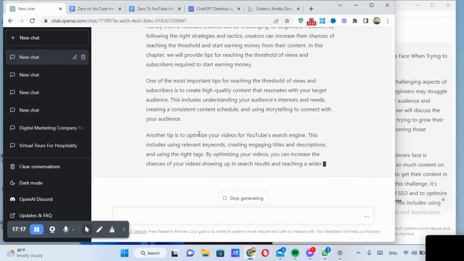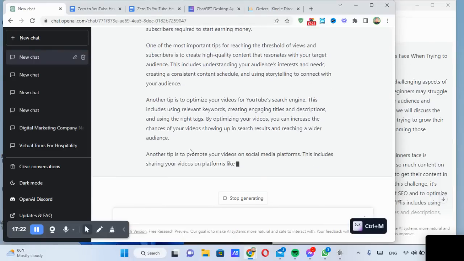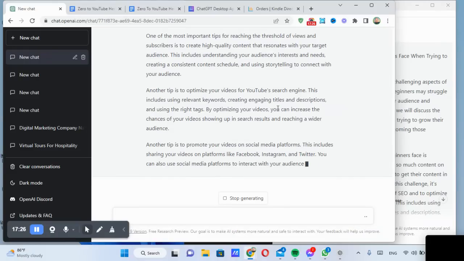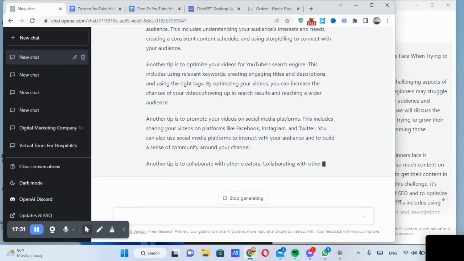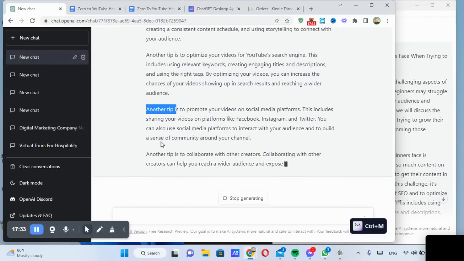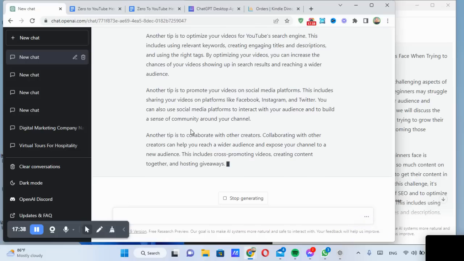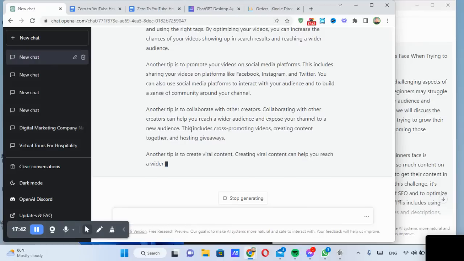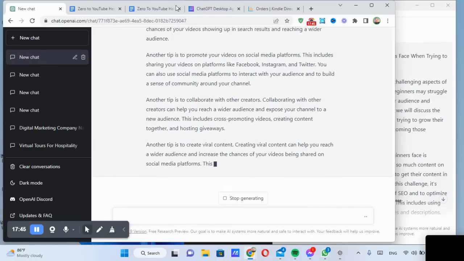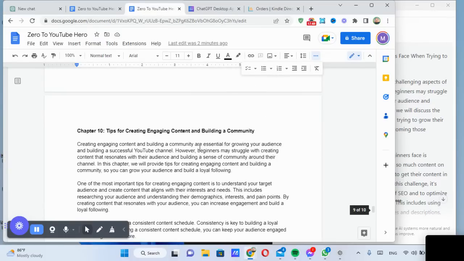Another tip is to optimize your videos for YouTube's search engine, SEO. Another tip, promote your videos on social media platforms. Always good advice. And here you can see that it is simply saying another tip, another tip, another tip. So in this case, I recommend just using a numbered list or bullet points rather than repeating another tip over and over again. So while it's writing that chapter, I'll show you an example up here